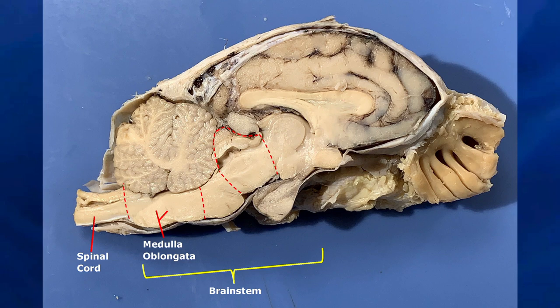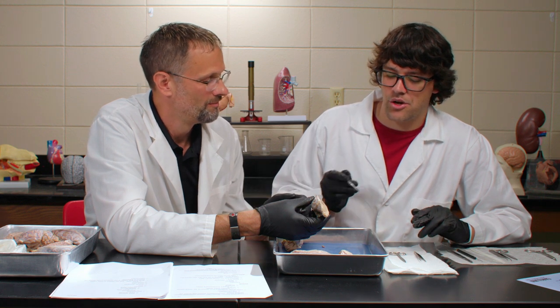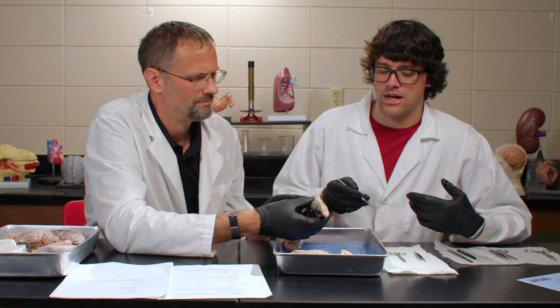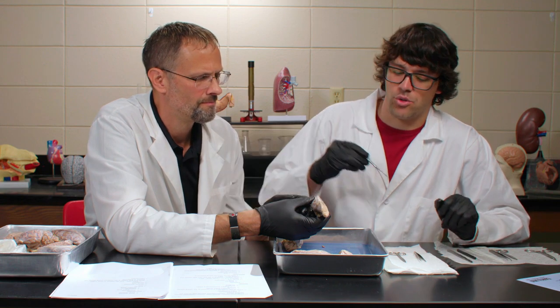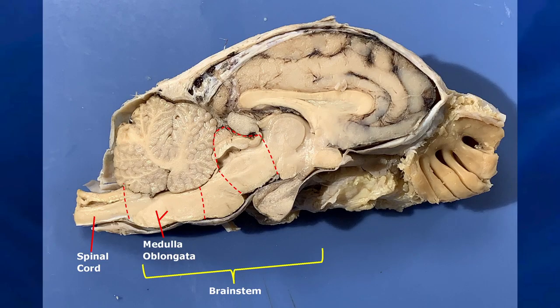And also, I've noticed a couple different ways of saying that: medulla oblongata on the right, medulla in the book. Sometimes you hear medulla by itself or medulla oblongata, but it's referring to that first portion of the brainstem. And then next we have the pons, which is this kind of thicker, bulgy spot, and that's going to be in line with the cerebellum.